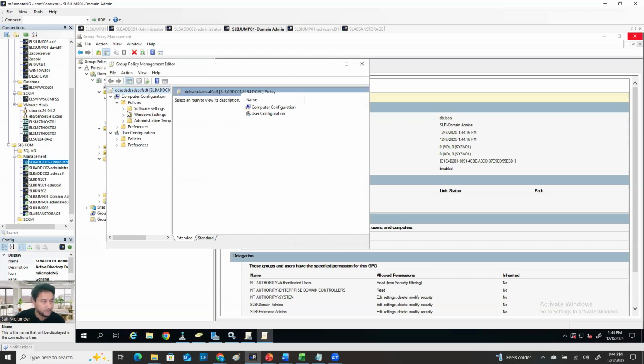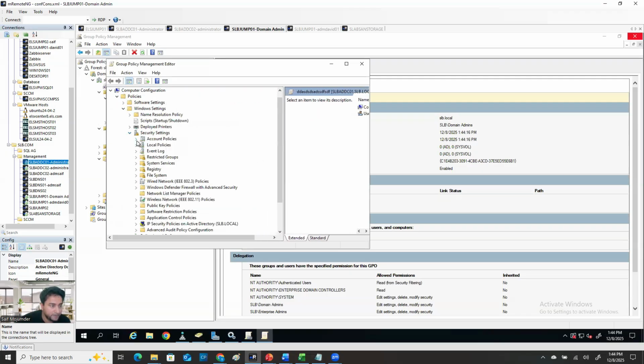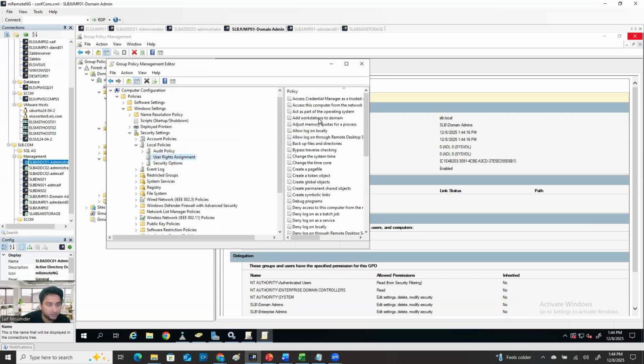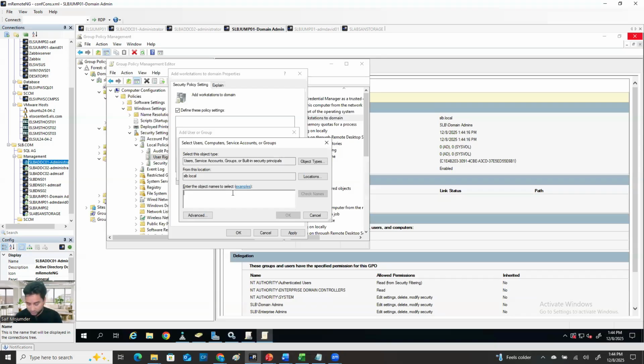policy, and go to Windows settings, and then security settings, the same option, and then local policy, user rights, and add workstation to the domain. And in here you can just check mark on it. If you want to add a new group policy, that's what I'm showing. And then you can say domain admins. So when you create user accounts, by default they are members of domain users, not domain admins. So domain admins